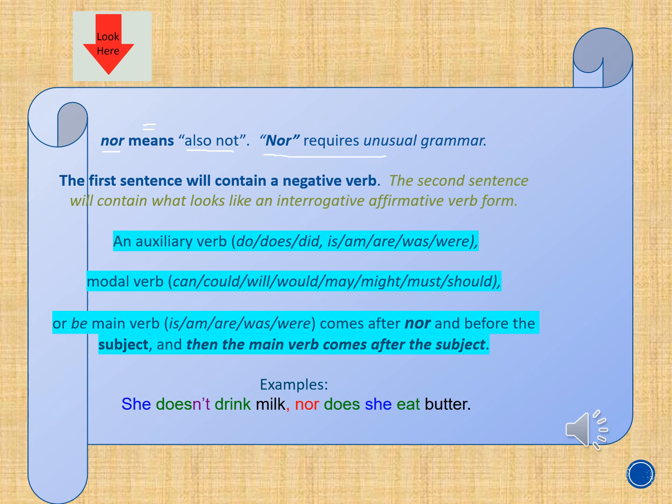The first sentence or clause, in this case, will contain a negative verb. The second part, which is the second sentence or the second clause, will contain what looks like an interrogative affirmative verb. So the second part is not going to be negative, but it's going to look exactly as when we